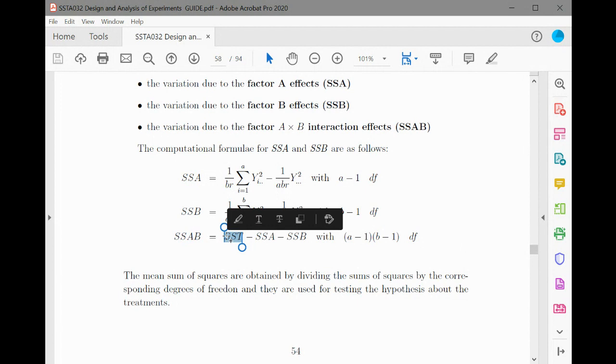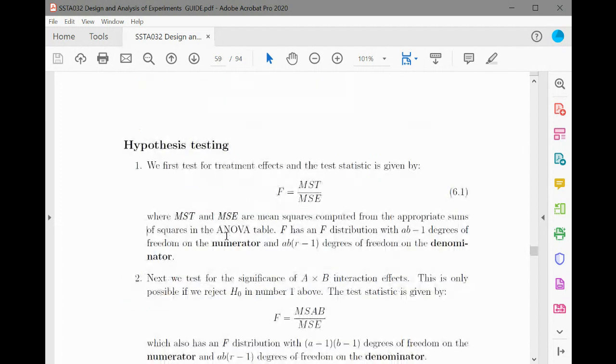So again, when we were doing these things with Mr. Delvaux, there were some conditions that he gave you when coming to the testing part. Where do you start? What leads you to go to the main effect? Even in this chapter, the same thing happens. When you are dealing with hypothesis testing for factorial design under CRD, we say you first test for the treatment effect. The one that we were doing with Mr. Delvaux, you were saying you first test for the interaction effect. But for this section,